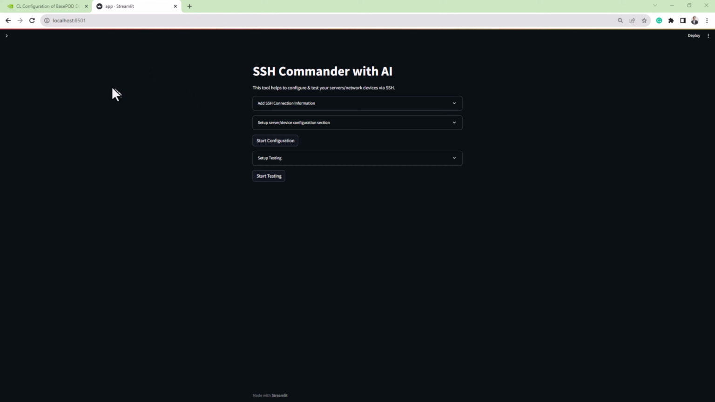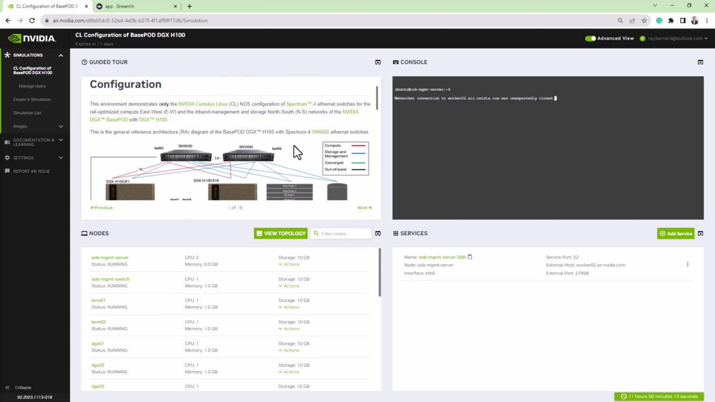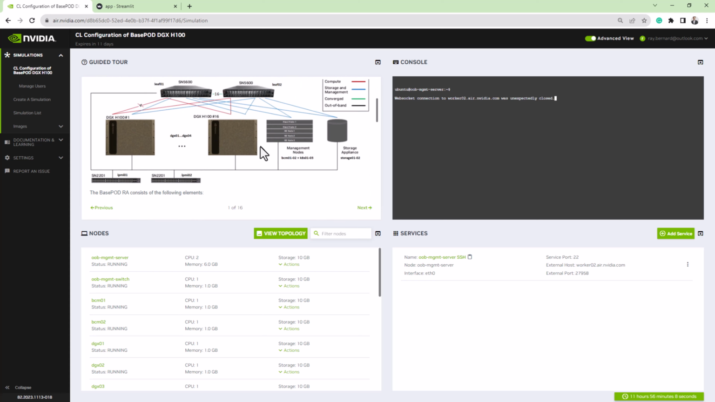The inspiration of this application comes from a very wonderful simulator that Nvidia has produced. In this particular simulation, we're going to be looking at the DGX 100 base pod configuration. The base pod is a fundamental building block for AI in corporate data centers. The Air Nvidia provides us with an exact simulation of all the network connectivity needed to produce and configure a base pod DGX 100. As you can see here, we have two